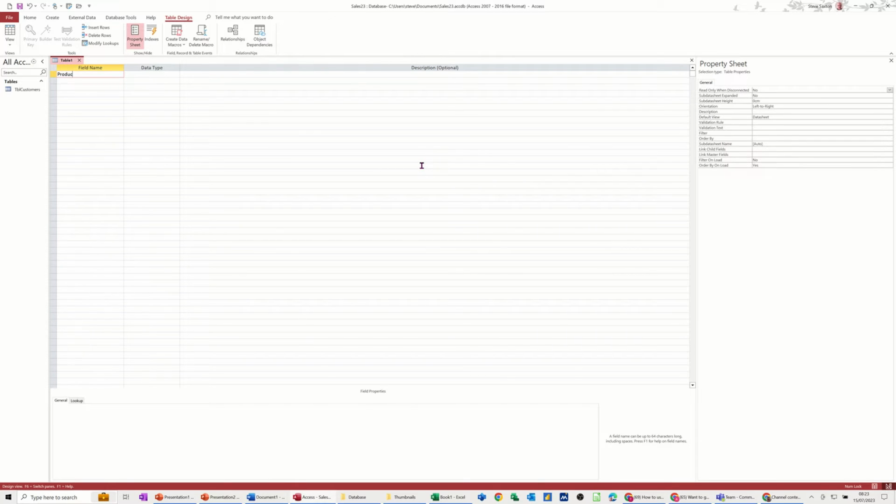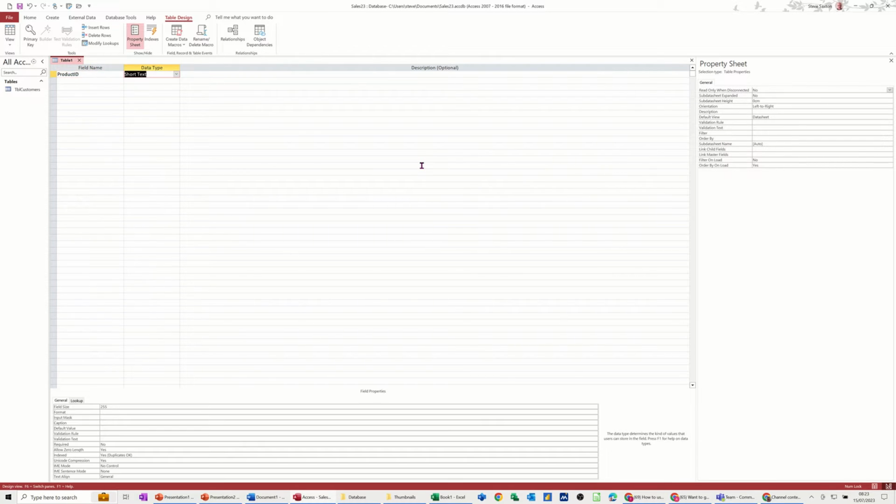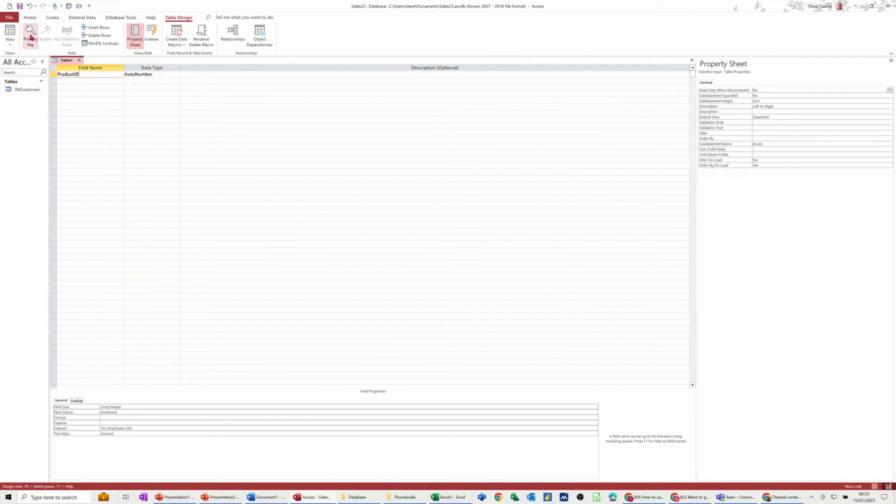Product ID. Now this one, I'm going to go for auto number as well, but it isn't a primary key. The reason the other one was automatically set there is because that was the first table that you get when you first come into Access. So I need to set this one manually. So then it's going to be product, and then quantity,